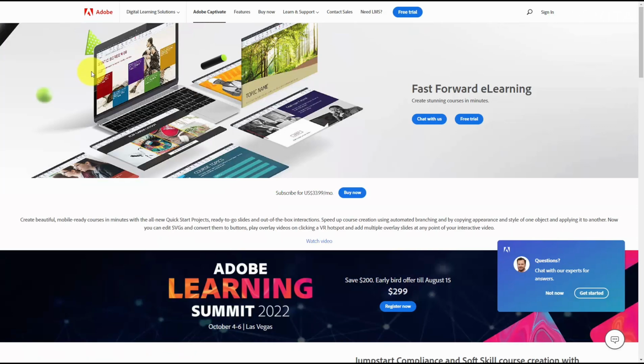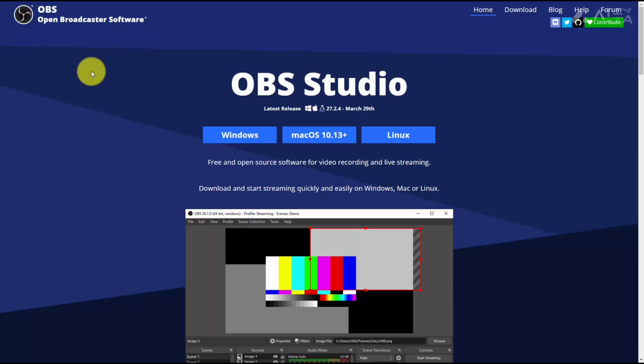So the tools that you use to create your video will depend on how you want to create the video as well as what you want to create, and you can use various combinations of tools in order to create a video file that you will be able to upload to YouTube. Of course, the most important step in the process will be that you're going to need to be able to edit what you record. And to do that, you're going to need editing software, and we will look at that